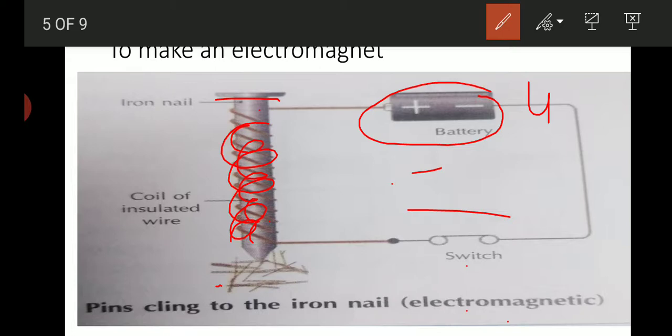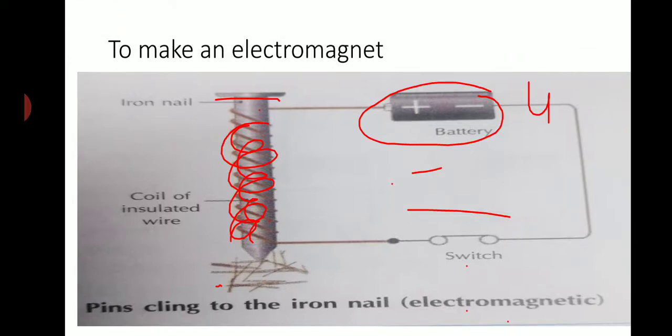There are some advantages of electromagnets over permanent magnets. We know that electromagnets are temporary magnets and the magnetism of an electromagnet can be switched on or switched off as desired. And this is not possible with a permanent magnet. And an electromagnet can be made very strong by increasing the number of turns and the amount of current passing through the coil, whereas a permanent magnet cannot be made so strong. So these are the advantages of electromagnets.